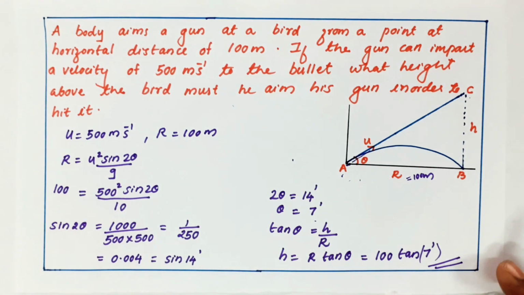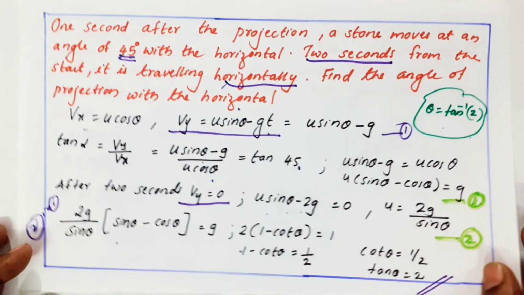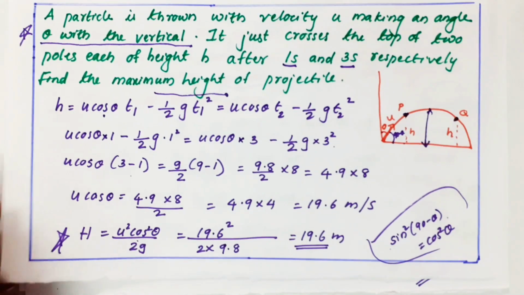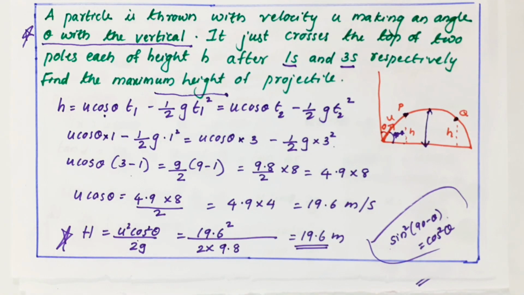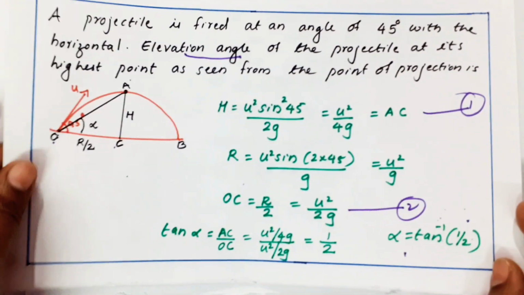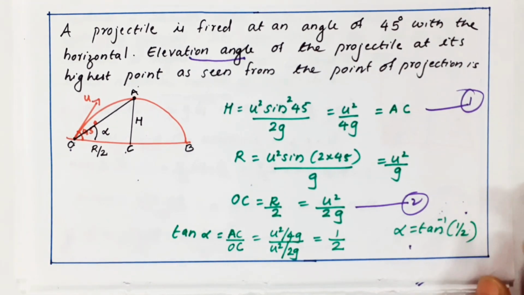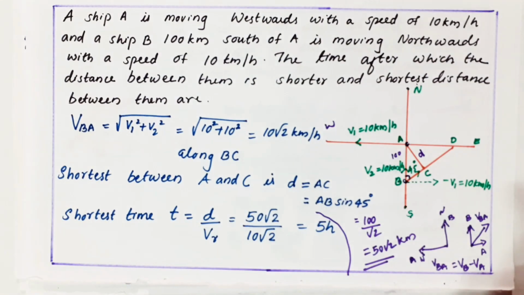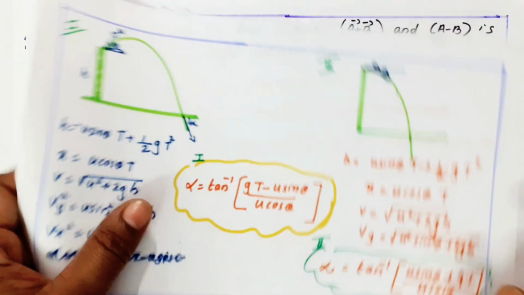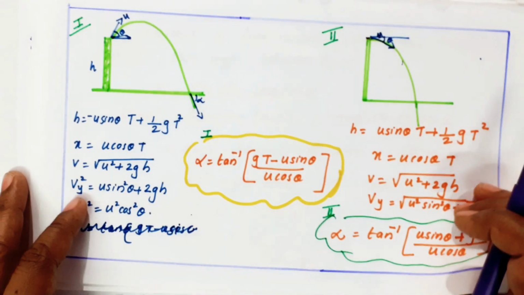Okay. So mostly in this chapter, you just see here this type of questions they can ask. Or first what I did is this one, u cos theta questions. Then another one is this one, you should remember: same height, and remember angle with respect to vertical. Another one I have shown like elevation angle, simple triangle law. Then these are the two different sums I gave you. One is like a ship sum. This is the simple sum related to vectors. So this type of question, if you want to solve, you should have an idea about these type of concepts.